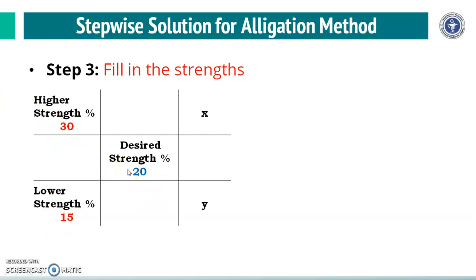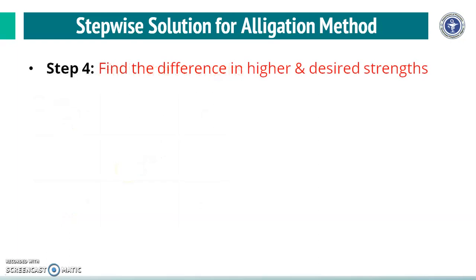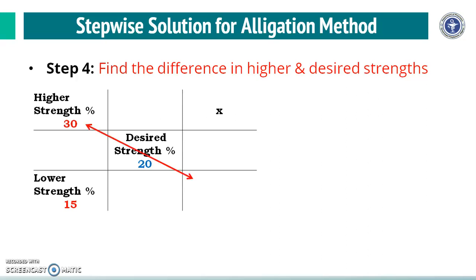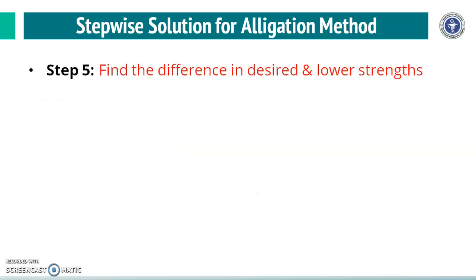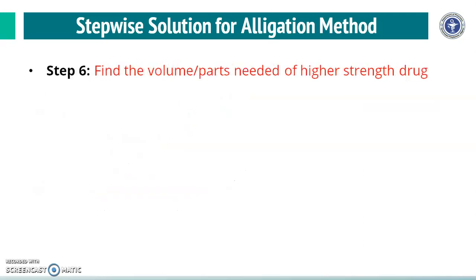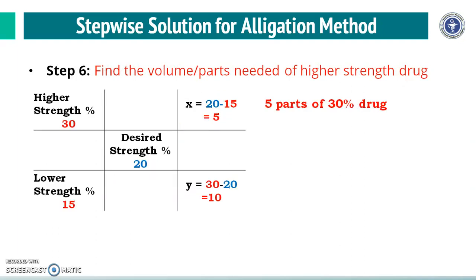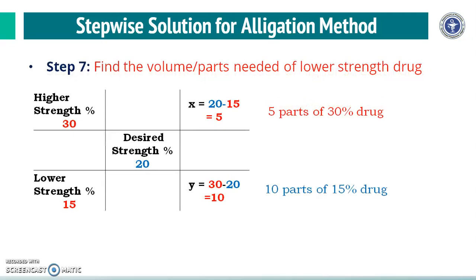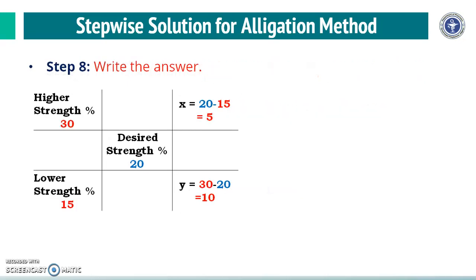So we have to calculate by finding the difference in higher and desired strength. So 30 minus 20 will give 10. Then we have 15. Find the difference in desired and lower strength. So 20 minus 15 will be 5. So you can see here that we need the parts. So directly you can come up with 5 parts of 30% drug and 10 parts of 15% drug will give